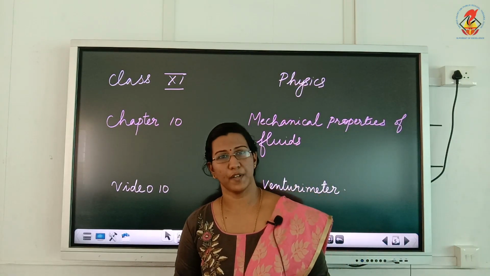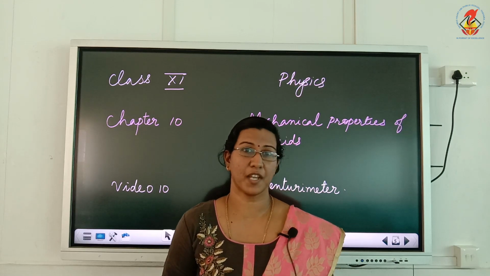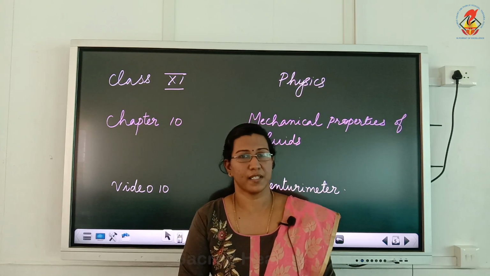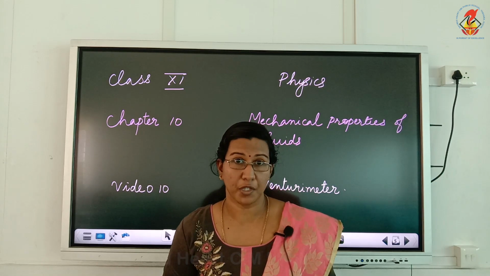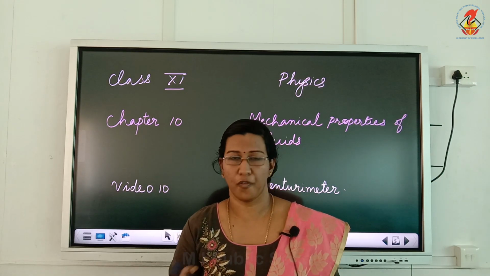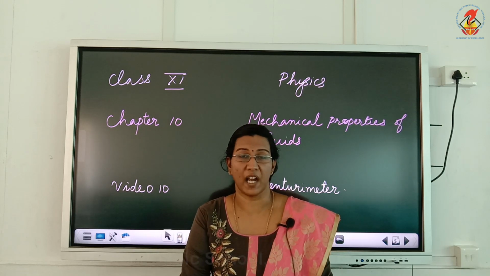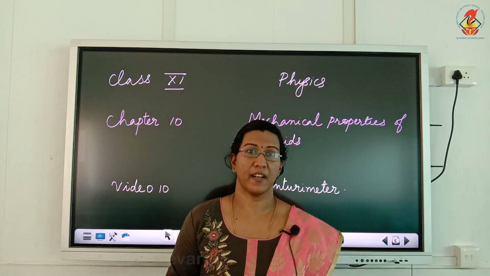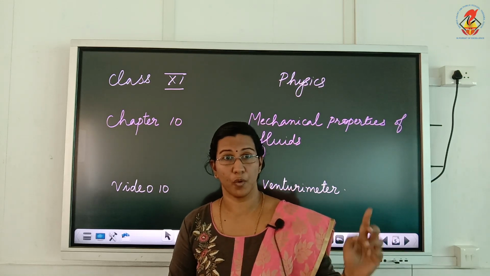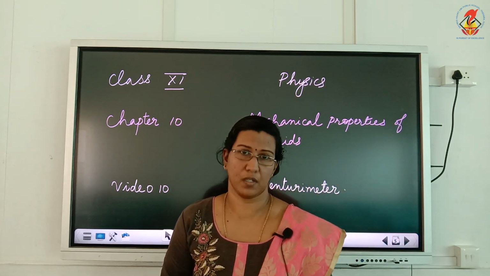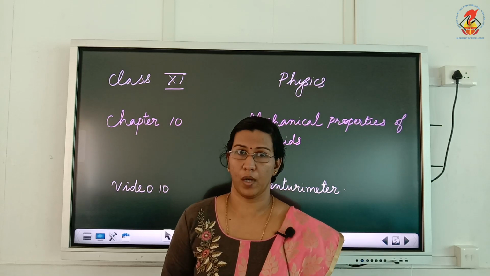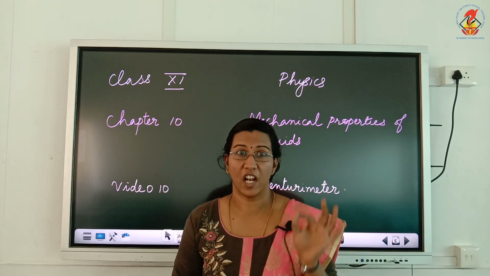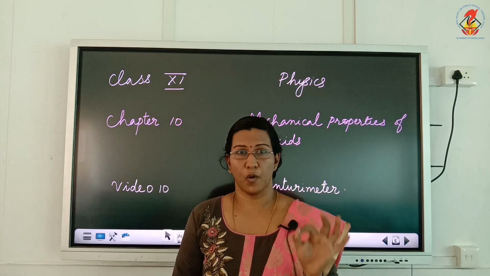Students, in this video we are going to study the next application of Bernoulli's principle, Venturimeter. Venturimeter is also known by the name Venturi tube or tube of flow. It is basically used to find the velocity of a fluid which is flowing through a pipe. In speed of efflux we derive the velocity of fluid flowing out of a particular pipe or a hole. But in Venturimeter we find the velocity of fluid flowing through a pipe.